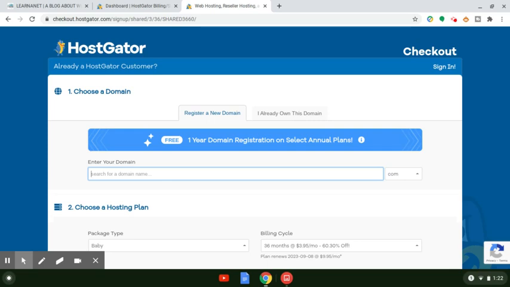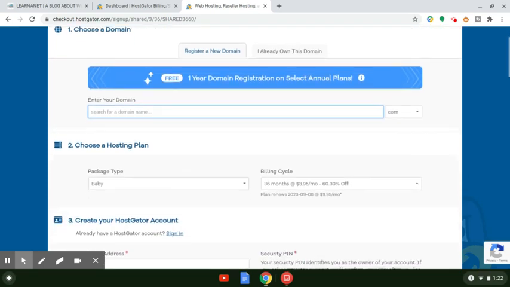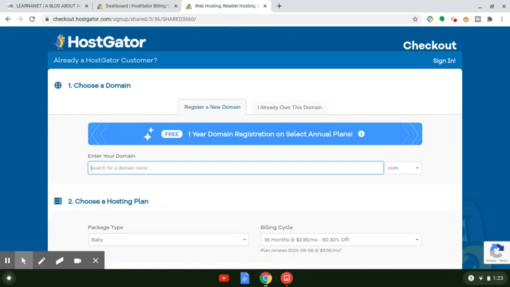So obviously you can select from .coms, you can select from .orgs, .nets. There are tons of different top level domain name extensions that you can use for your actual website itself. Okay. Now, if you already registered a domain name at another domain name registrar, such as Namecheap or GoDaddy,